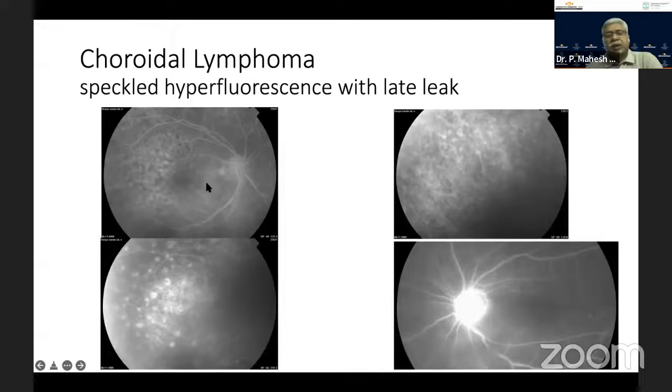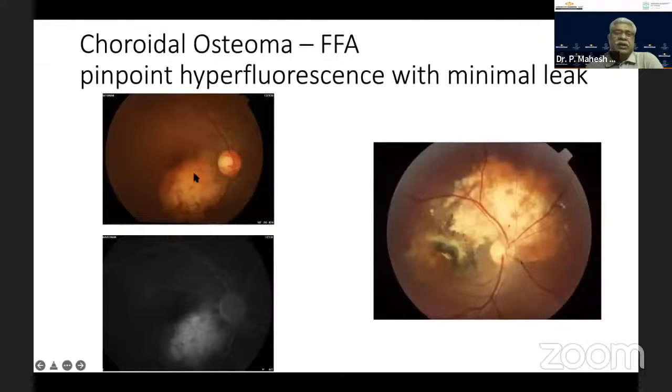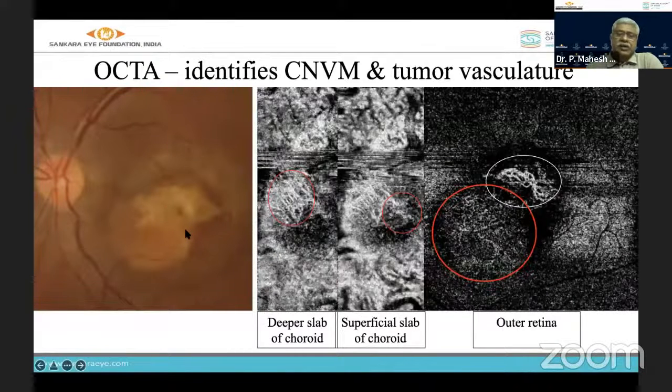Choroidal lymphoma, you can see the speckled hyperfluorescence, and if there is a vasculitis in a primary intraocular lymphoma, you can see a hot disc and vascular changes. But there's nothing peculiar about a choroidal lymphoma FFA. Osteoma, yes, a simple osteoma as such can show this pinpoint hyperfluorescence, but with minimal leak. But the utility of FFA is the identification of the choroidal neovascular membrane in an osteoma. And OCTA, yes, does do a great job of identifying these choroidal neovascular membranes associated with the osteoma,